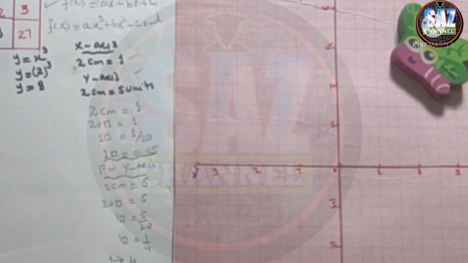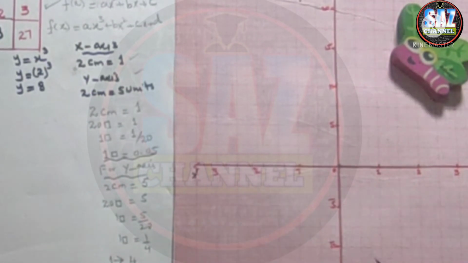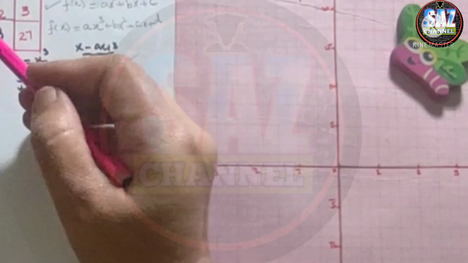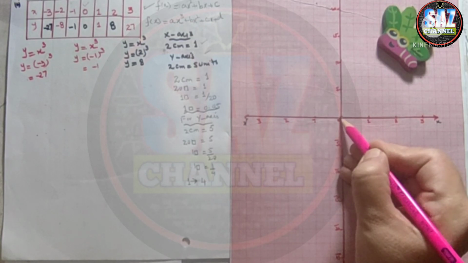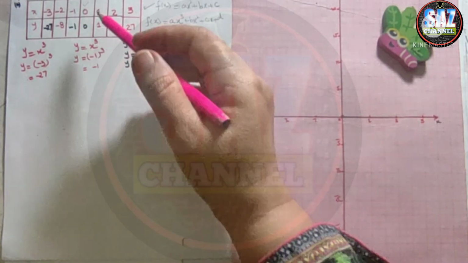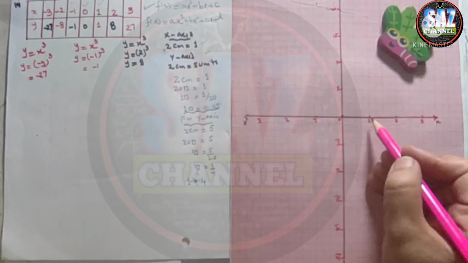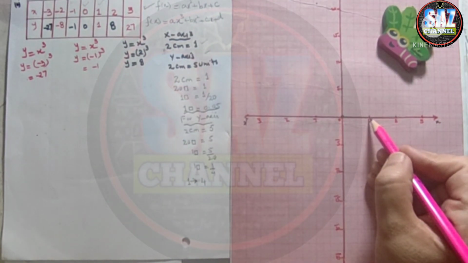It's time to go for the sketching. First I advise my students to go with the pencil, and after that, if you find the correct trend, then you can perfect it with a permanent pen. I'll begin with the easiest point, that is 0 with 0. So the point will be coming at this place. Now 1 on the x-axis, 1. So 1 is clear and visible over here.